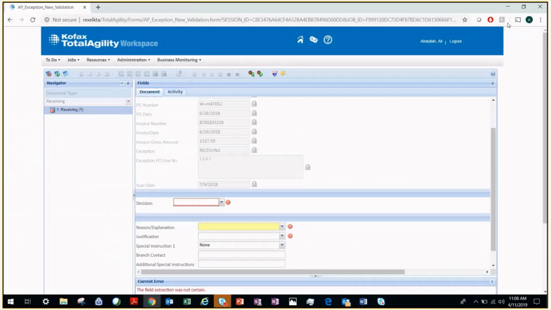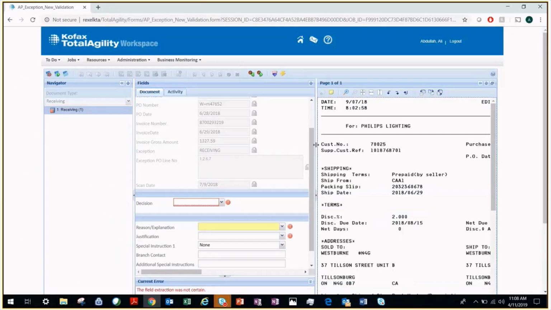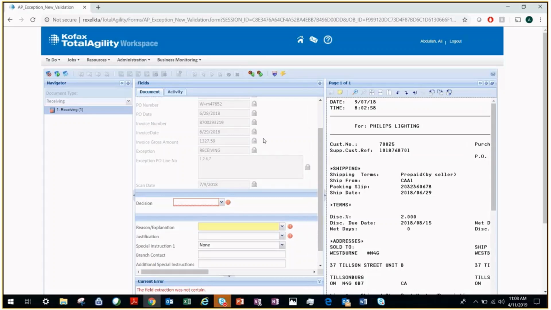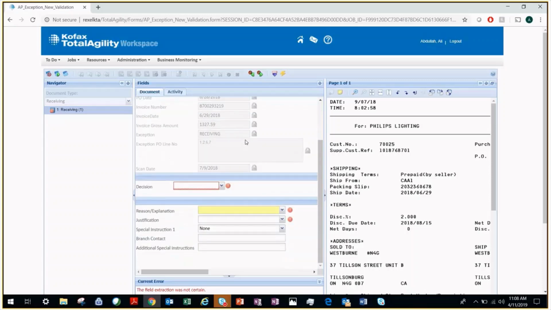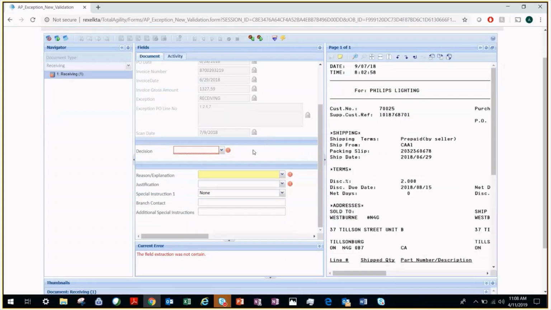If I close that, it goes back into the same panel. Now, the only thing that we as branch managers would be looking at is the middle section. We just want to make sure that the information is correct. In this case, because it's a receiving exception, receiving issue, for example, in a typical scenario, some of the steps